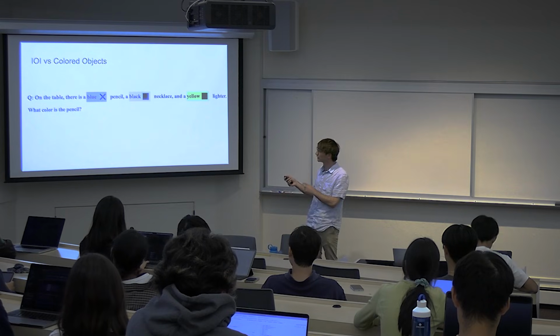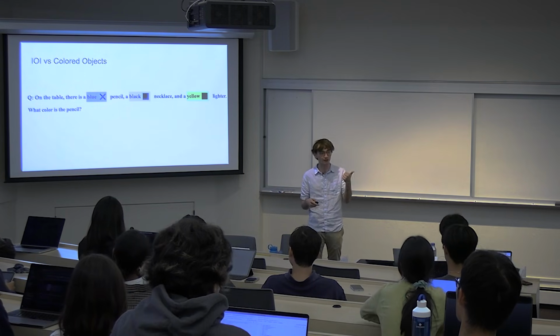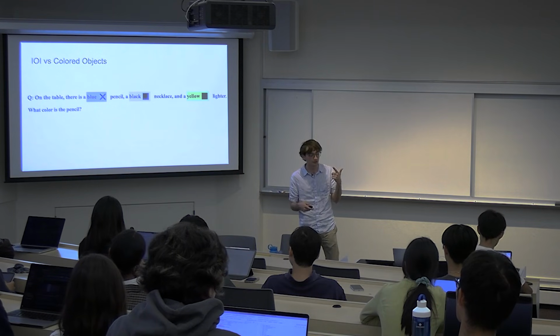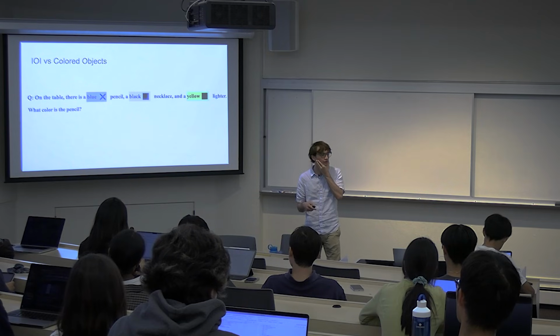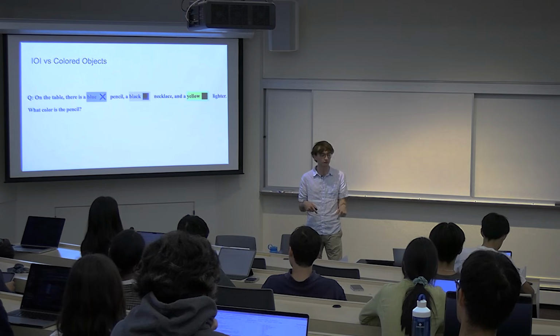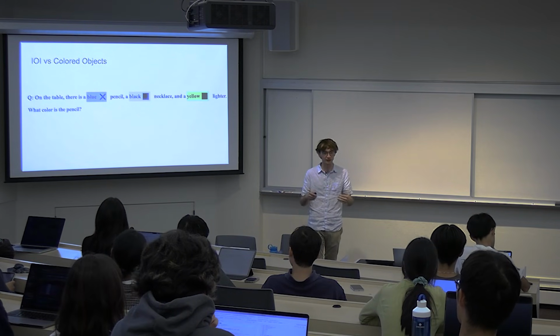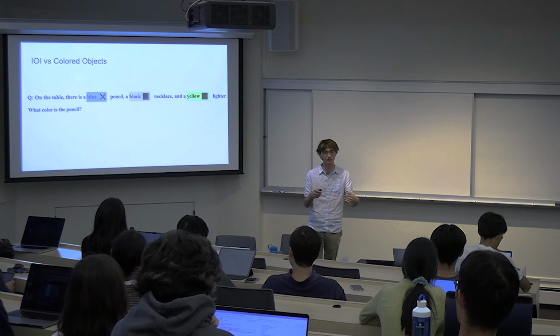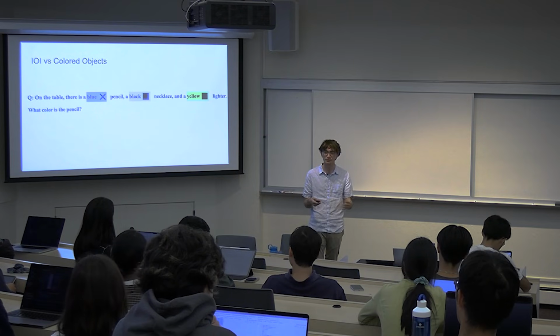Cool. So now we do path patching on both of these tasks, IOI and colored objects. From Atticus's lecture, I don't know if you talked about path patching, but it's most similar to causal mediation analysis, which I'm pretty sure came up. And so we're trying to find direct effects from earlier components to later components. So this just requires a lot of counterfactual interventions.